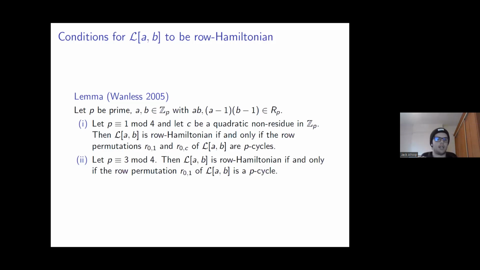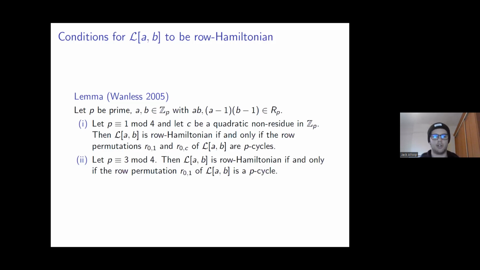And there is a natural generalization of these Latin squares to Latin squares of prime power order. I won't go through that, but basically you can construct these Latin squares of prime power order, and this lemma still holds. And in this paper from 2005, Wanless had lots of success in finding examples of Row-Hamiltonian and atomic Latin squares of this form, because this lemma reduces the workload that you need to show that a